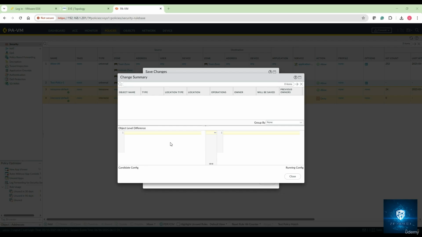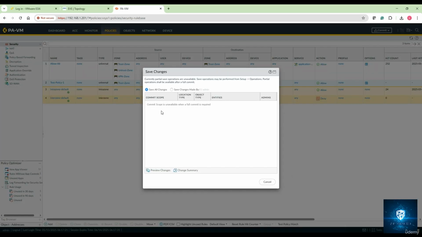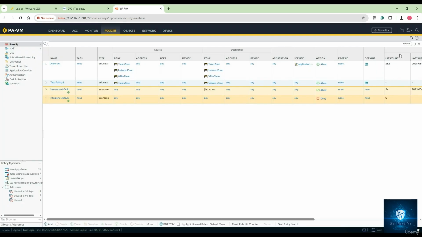As of now, you can see there are no differences because I'm not committing anything, right? It's like saving it, so it will not have any sort of changes, right? So when you save those changes, it will be done locally. So you can say save all changes, right? So yeah, you can also revert the changes to the previous one that you want, okay.